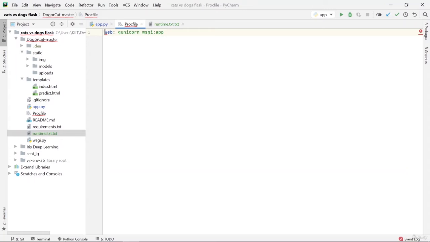I will show you some of the commands that are run, and this line is what is configuring them all, rather than me manually setting up the server on Heroku.